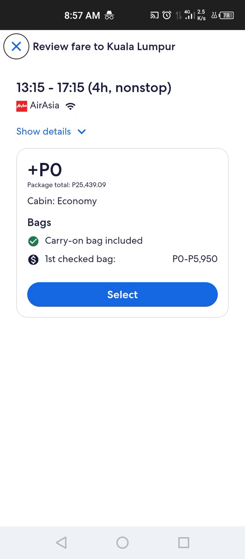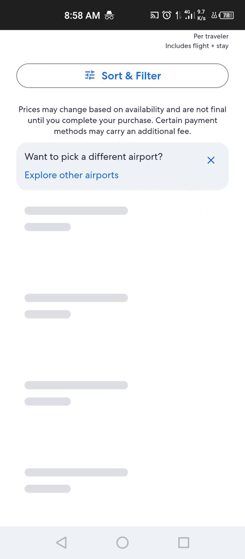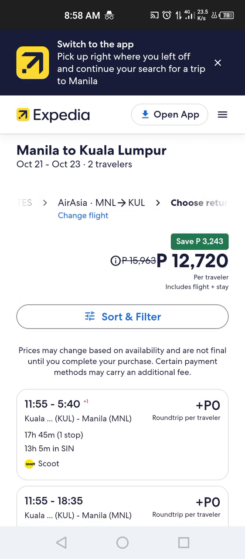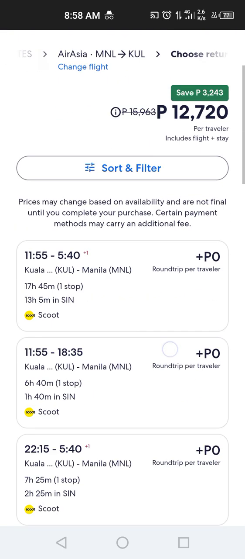Yeah, because I plan to depart Malaysia in the daytime, so this should be the best option that we could pick rather than the 17 to 21, which means in military time 5 to 9, right? Yeah, 5 to 9. So that's out of the options.